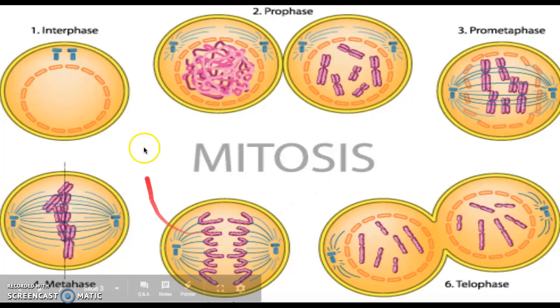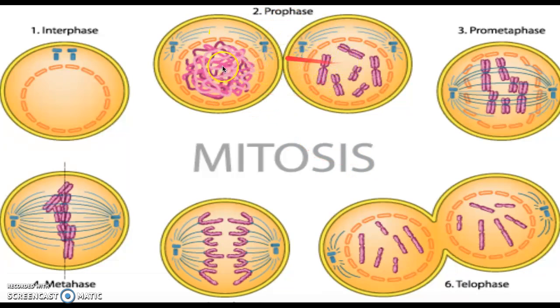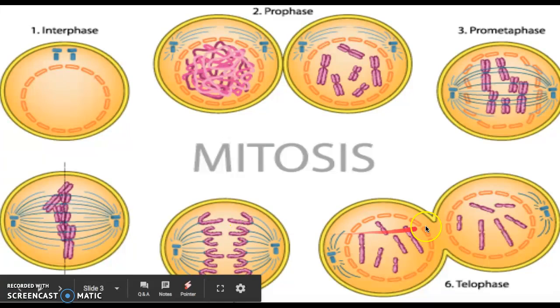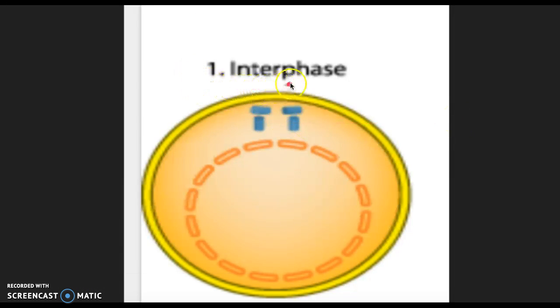So here's just a little overview of mitosis. We start here: interphase, prophase, prometaphase, metaphase, anaphase, which you can't see, but it's right down here, and then telophase until it moves into cytokinesis afterwards. But you can see the junk here inside the cells is starting to get organized, and then spindles are created, and everything lines up in the middle here in metaphase, and it splits in anaphase and telophase. Everything is just kind of sorting itself out to be finally two separate cells. So first in interphase, we see